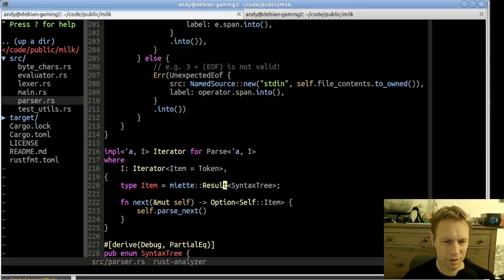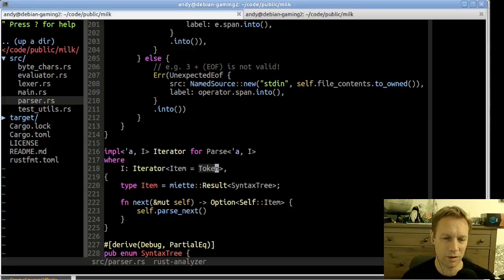But if you did succeed, you get back a syntax tree, which is like a tree shape that says, these tokens had this meaning. And that's a thing like an assignment or a statement or an operation, like something plus something. So parse is an iterator, but parse also